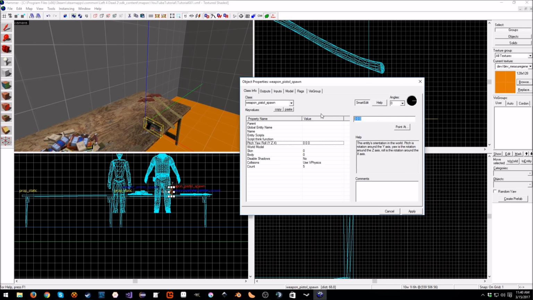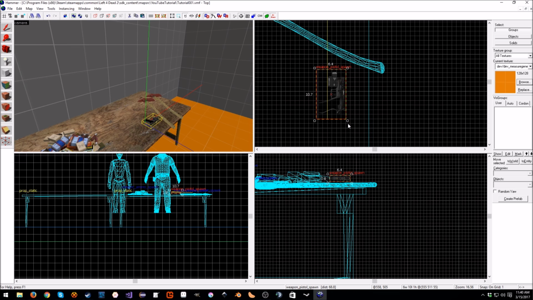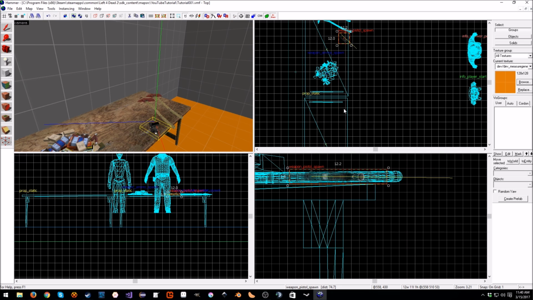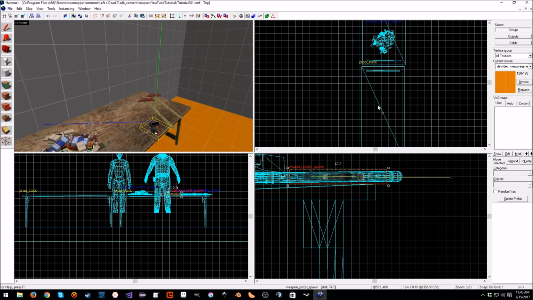And I'm just going to double click this. I'm going to put 0.5, 90, and 0. Put 90 there. There we go. Okay. And I could fix the rotation myself. And I'll put the pistol down right down here. Alright, so on the other table,